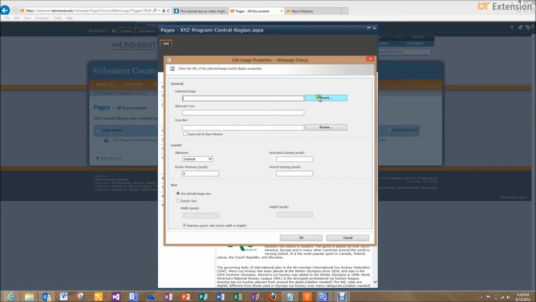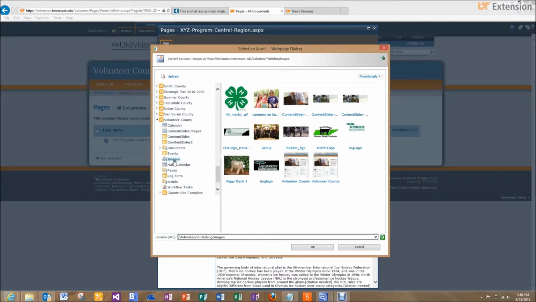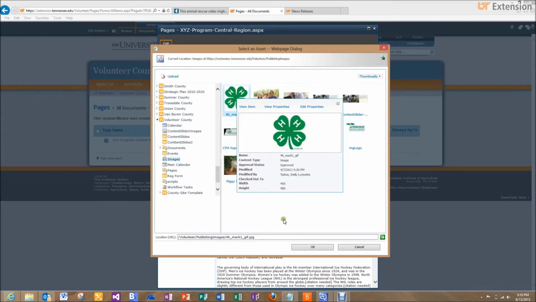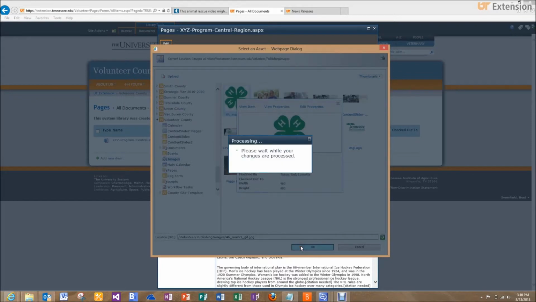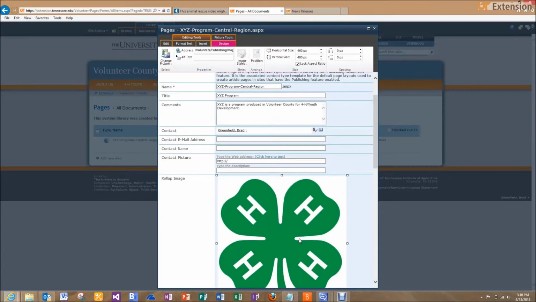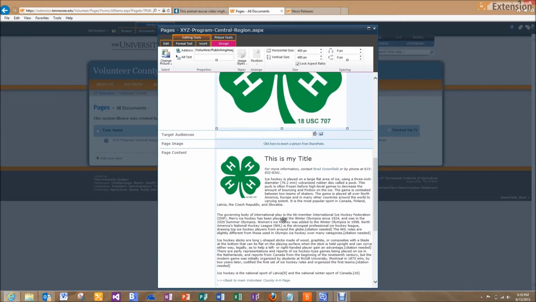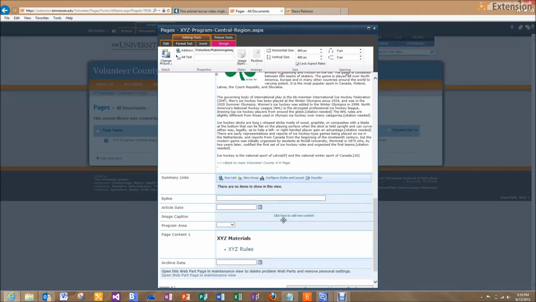And I'm going to click on Browse. Go to my images folder, and let's see here. Just because there's not many options here on pictures, I am just going to use the 4-H Clover again and select OK. And I'm going to select OK one more time. So now we see our roll-up images in there. Don't really have to do anything else. Scroll down to the bottom,